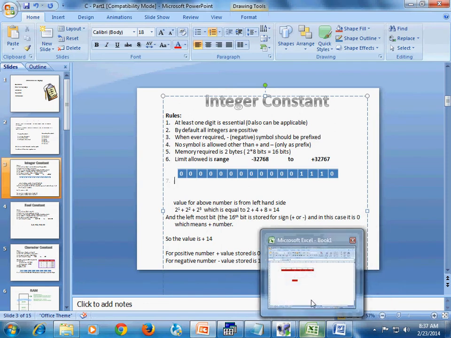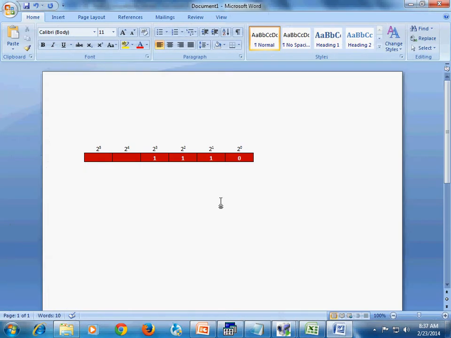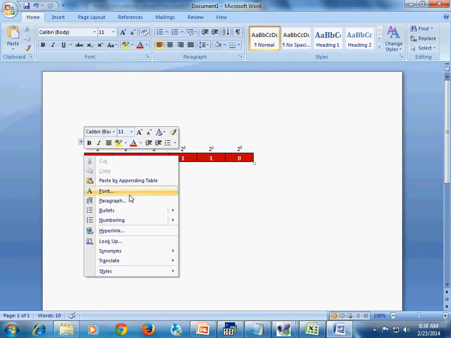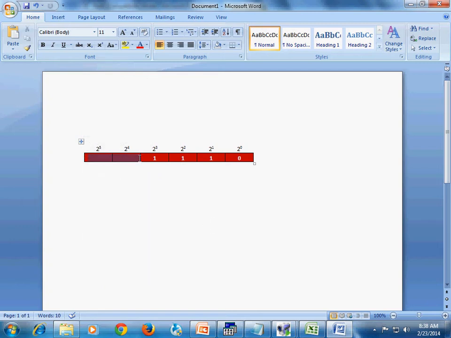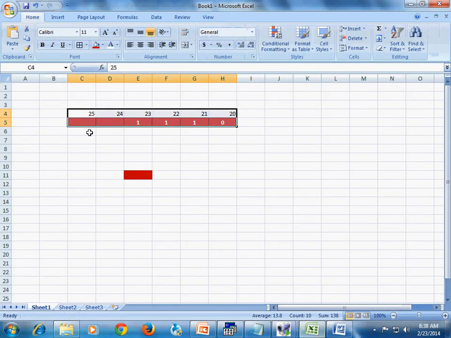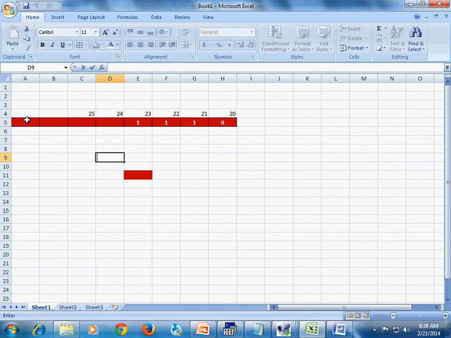Let's go to an example. Assume we have a block diagram and say we have 8 bits of data.